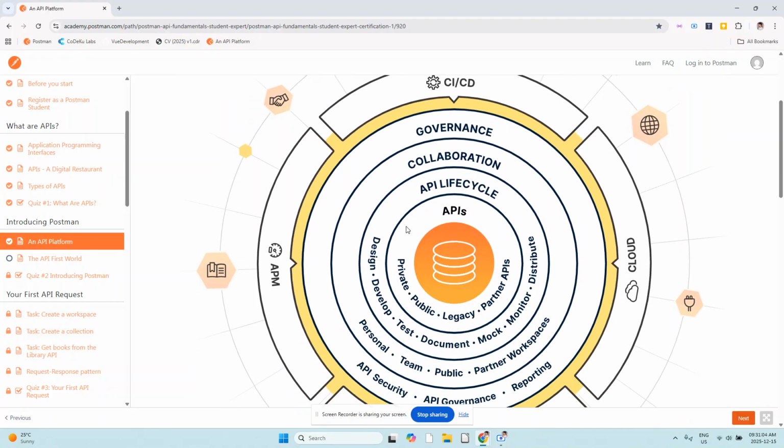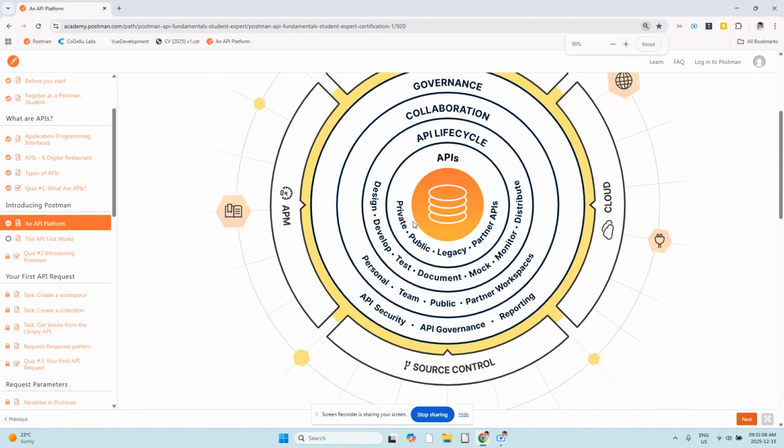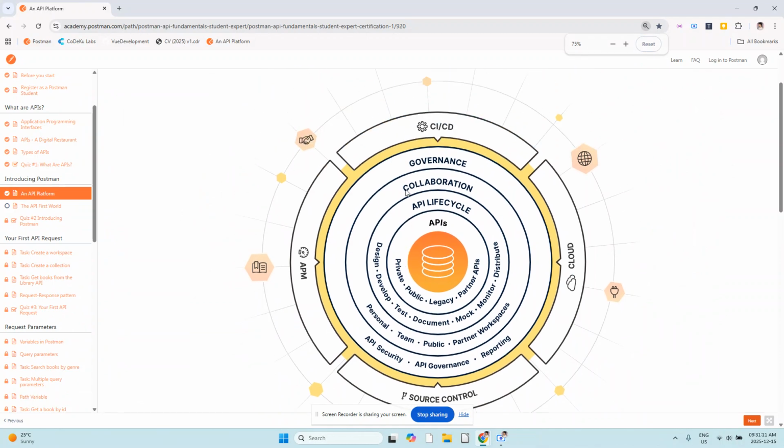In this image, you will see the first one is API in the middle. It has private, public, legacy, and partner APIs. In the upper stage is the API lifecycle. The API lifecycle has design, develop, test, document, mocking, monitoring,